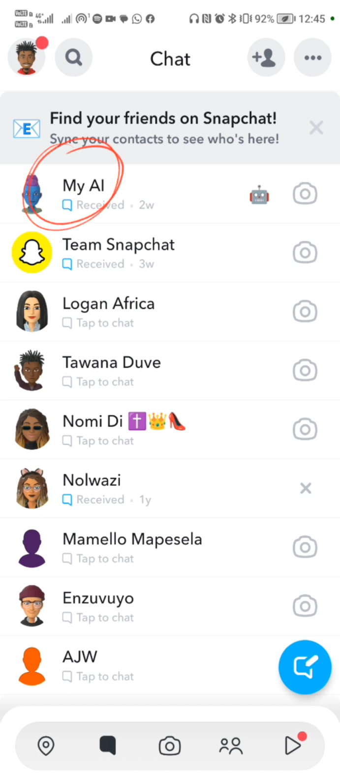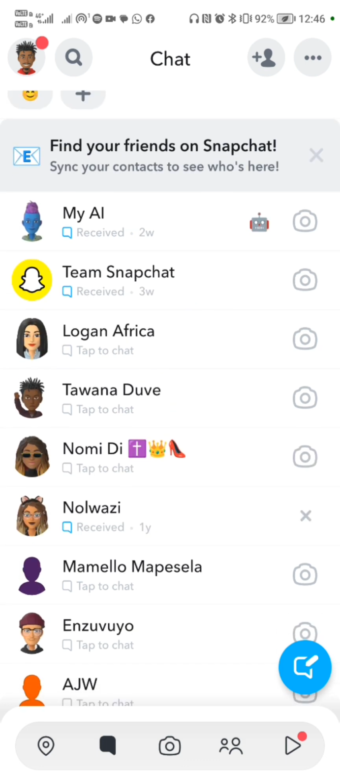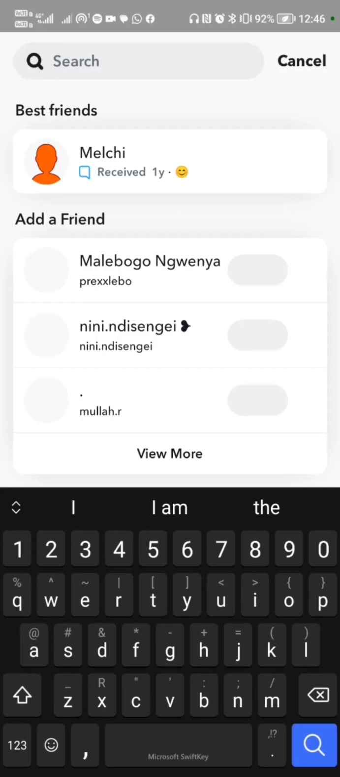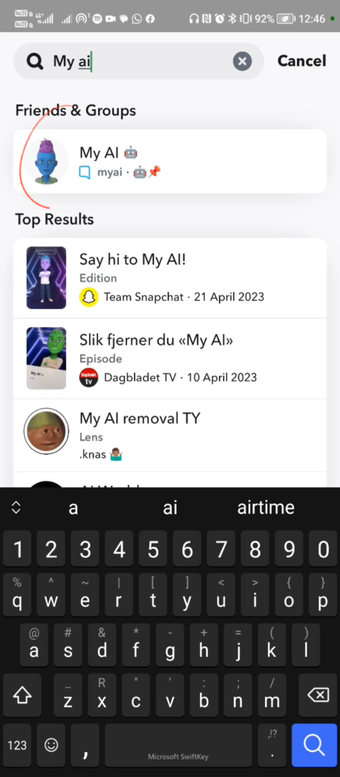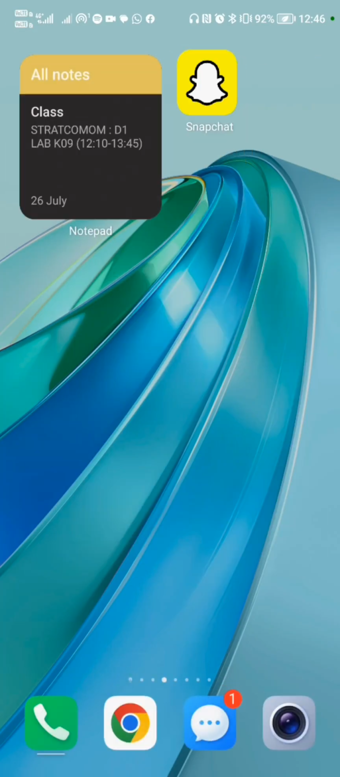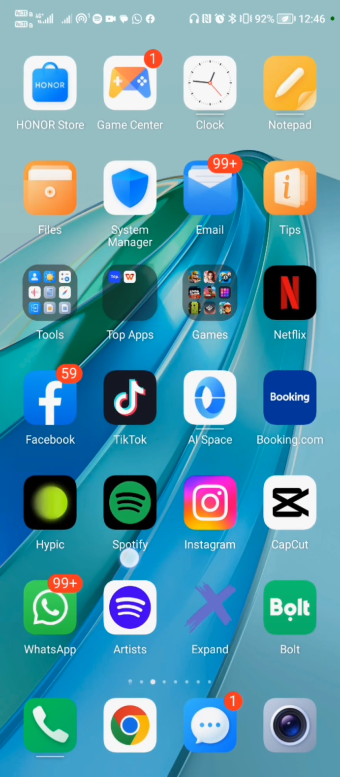So if you do not have My AI showing up on your chat, what you can do is start off by searching for it. You can click on the search icon right there, then search My AI. And if you still can't find it under friends and groups, what you can go ahead and do is